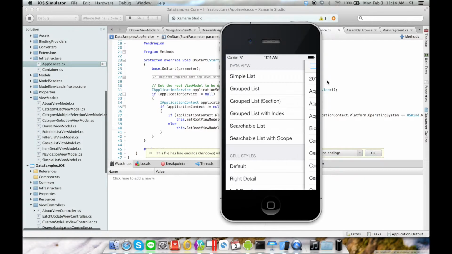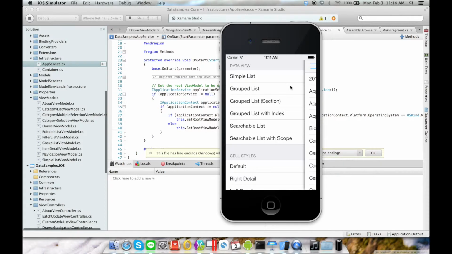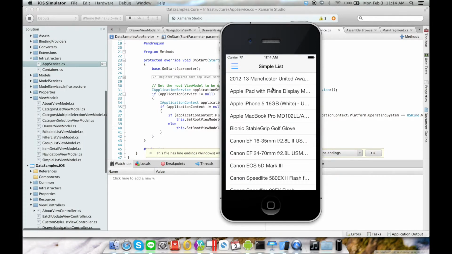When the navigation drawer is open, it slides the entire view either to the left or to the right. Commonly, apps will want to use a UI table view controller on the left side of the drawer, but you can also specify a custom view for either side of the drawer. When the drawer is open, touch events on the main view will not propagate, thus closing the navigation. You can also open the drawer by sliding the left edge of the screen or the right edge of the screen,